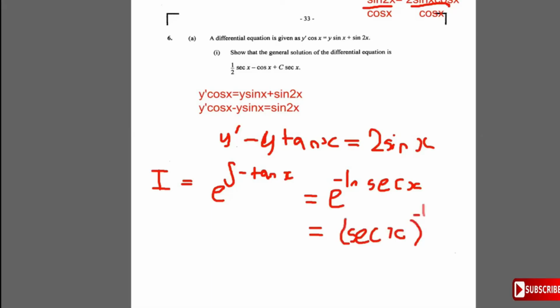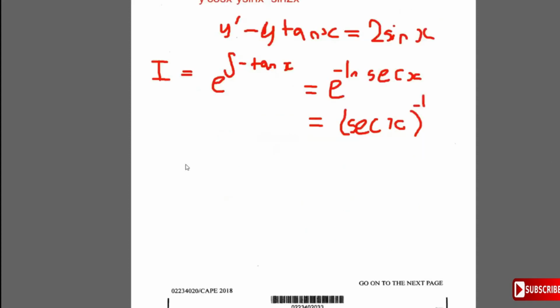And so the general solution is just going to be y times your integrating factor. So it's y times sec x to the minus 1. But sec x to the minus 1 is cos x. So I'm going to write this as y cos x then. So that means we have y cos x. Y cos x is equal to the integral of